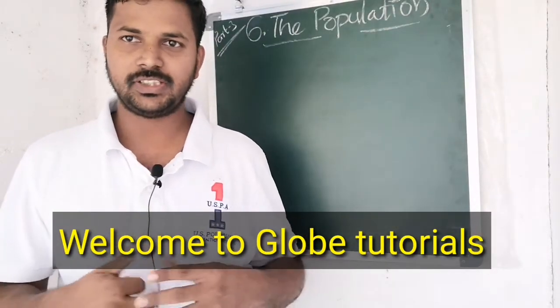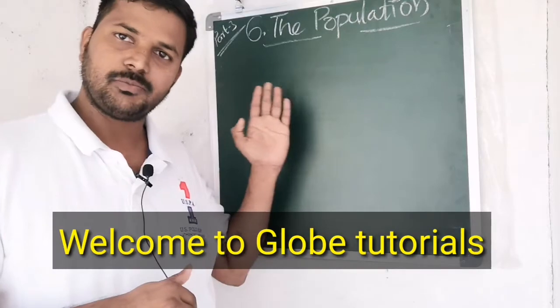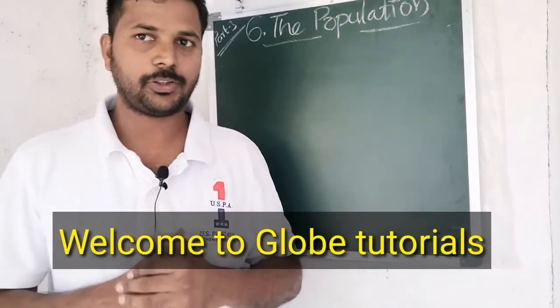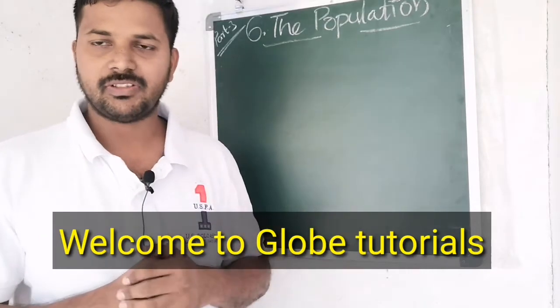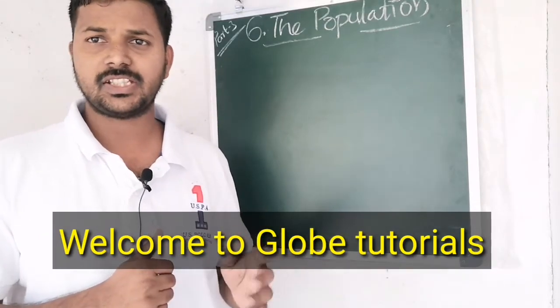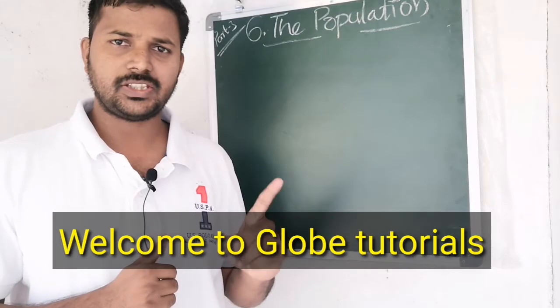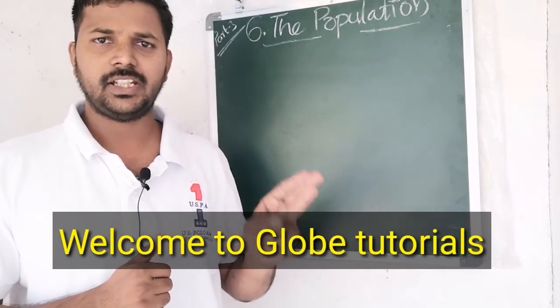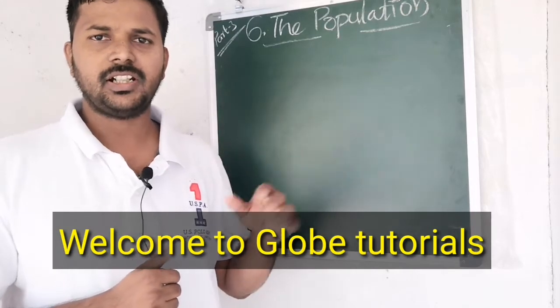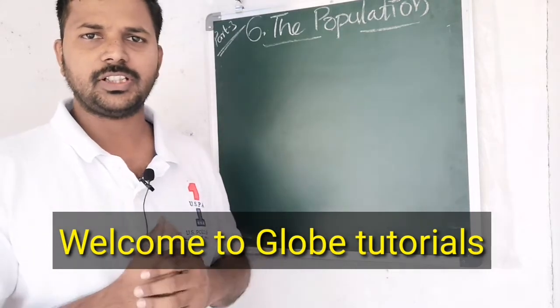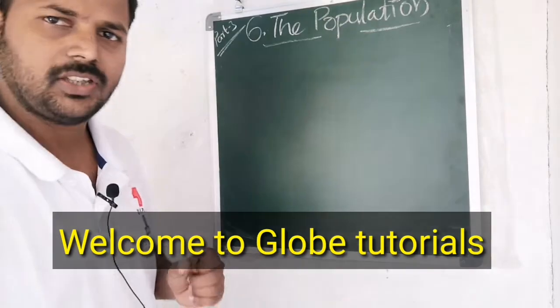So today we are going to discuss the population lesson part 3. We are going to continue. Already we discussed what the census shows. In that we discussed that the census shows age structure, sex ratio, literacy rate and working population. In part 2 we discussed age structure. Now in part 3 we are going to discuss sex ratio. Okay, so let us begin.